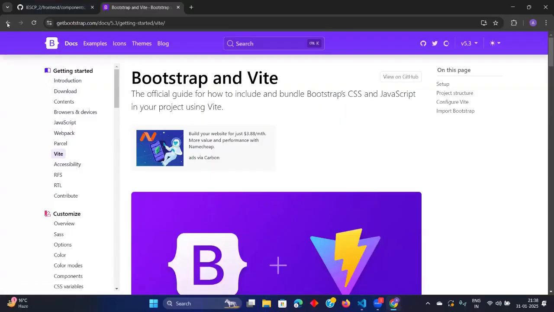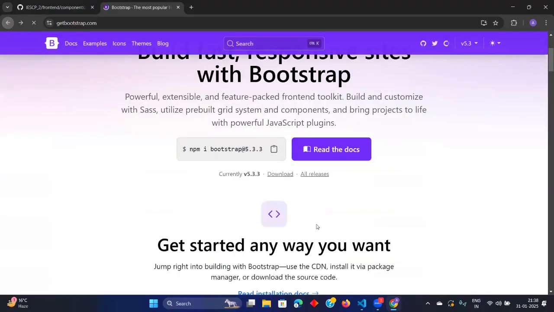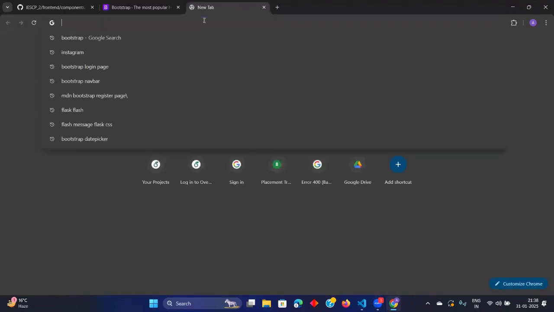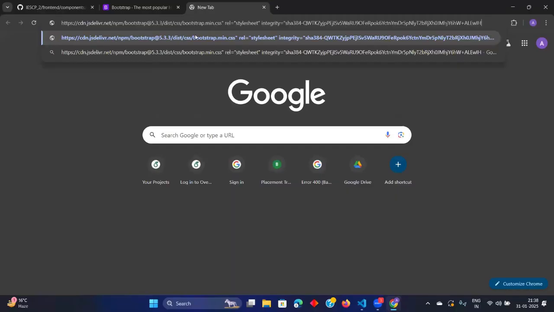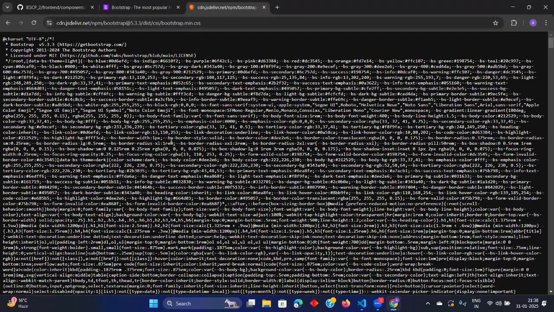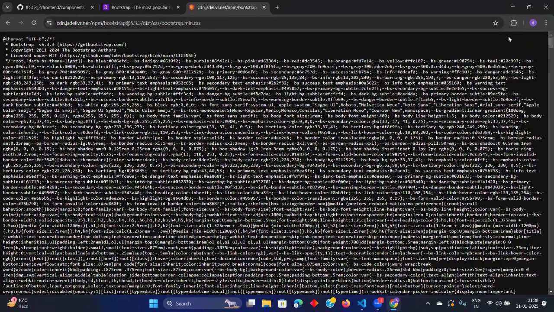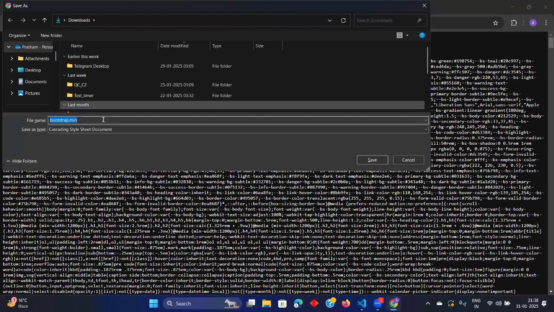See, if I go to my home page, if I go to this link, this is also coming. Now you see, if I even copy this thing, if I just download this file and import it in my project, it will still work.